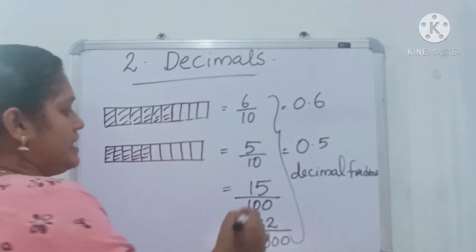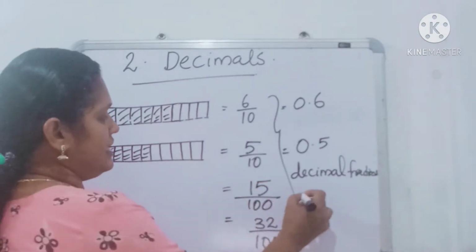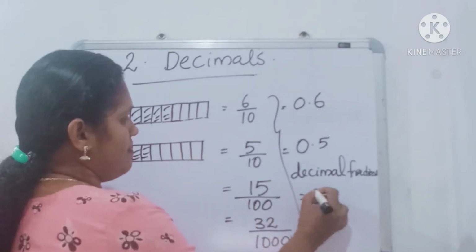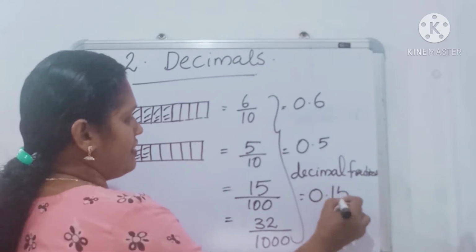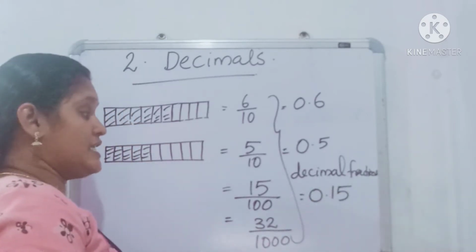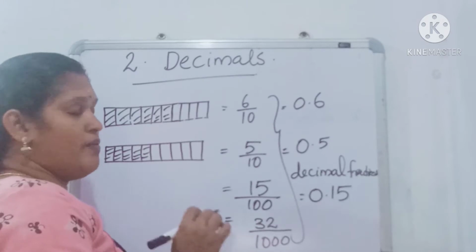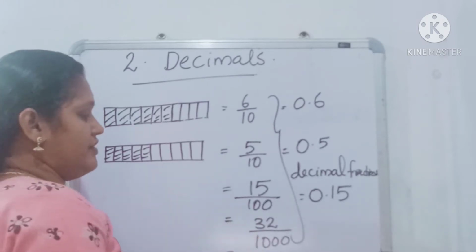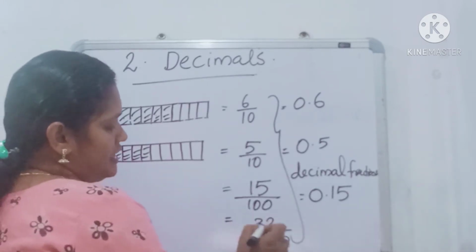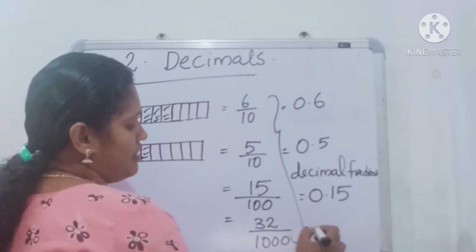Clear? Then 15 by 100 equals 0.15. Don't read it as 0.15. Clear? Then 32 by 1000 equals